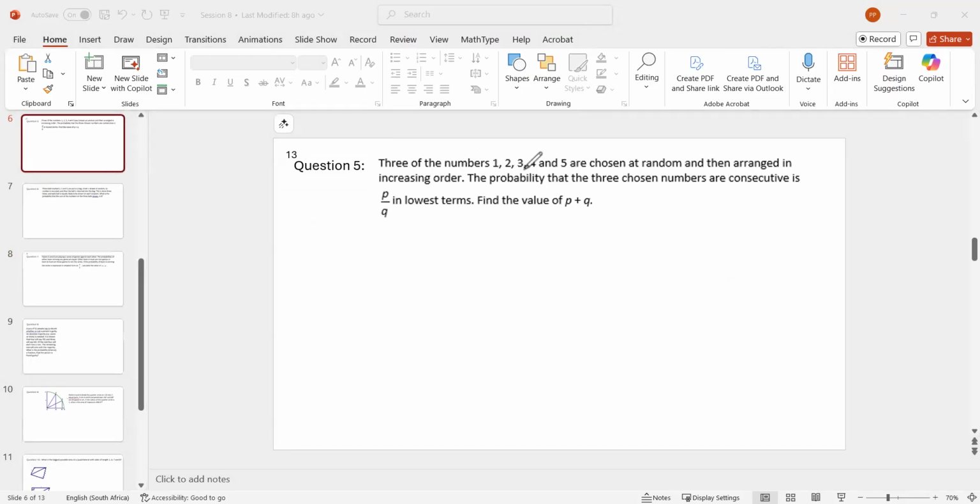Okay, so here you got 3 of the numbers 1, 2, 3, 4, 5 are chosen at random and then arranged in increasing order. Right. Now, what is the probability that the 3 chosen numbers are consecutive? So you got 3 numbers which are chosen at random, but they're put in increasing order. And the question is, what is the probability that the 3 chosen numbers are consecutive? Okay, let's look at all the possibilities. I take 3 numbers,